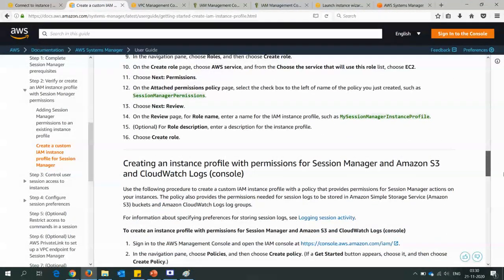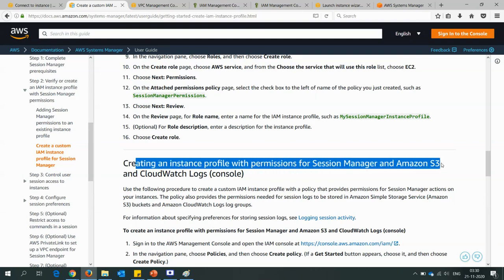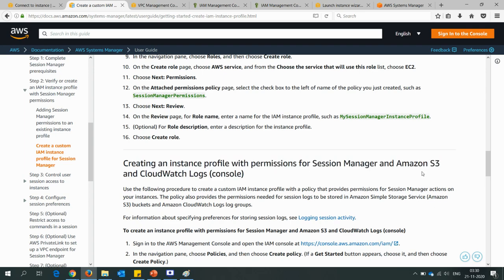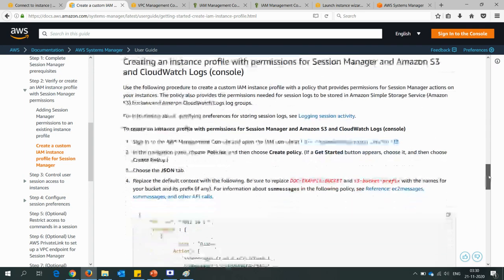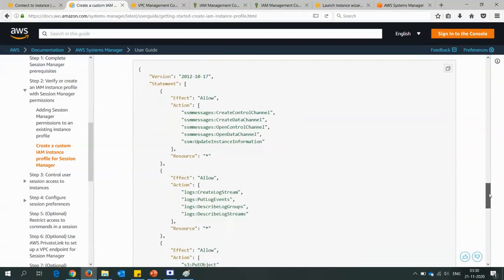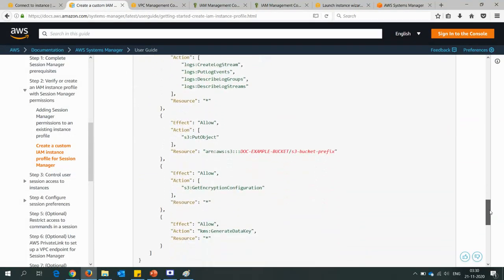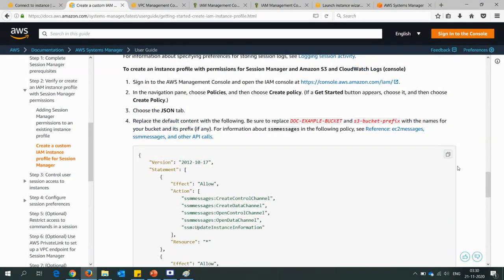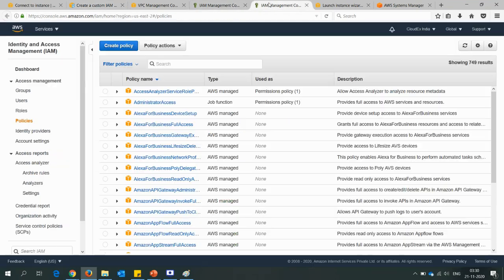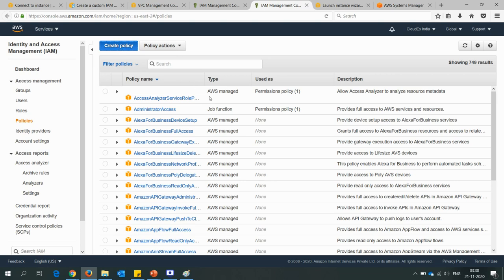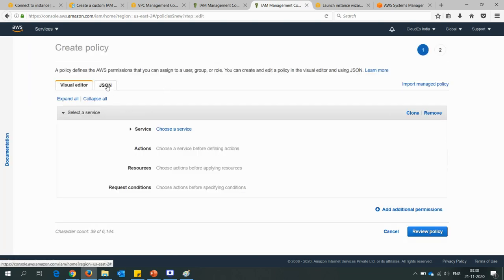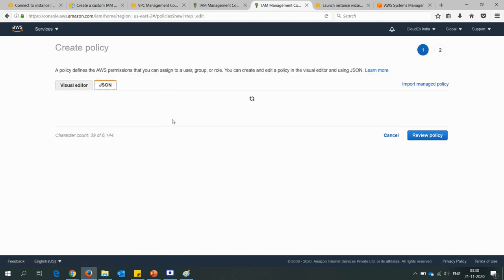And if you want to give permissions, creating an instance profile with permission for session manager and Amazon S3 and CloudWatch log console, you can use this option. It gives better options, it creates the logs and everything. So I will use these options to create the policy. So let's go into the policy, create a policy here, go into the JSON